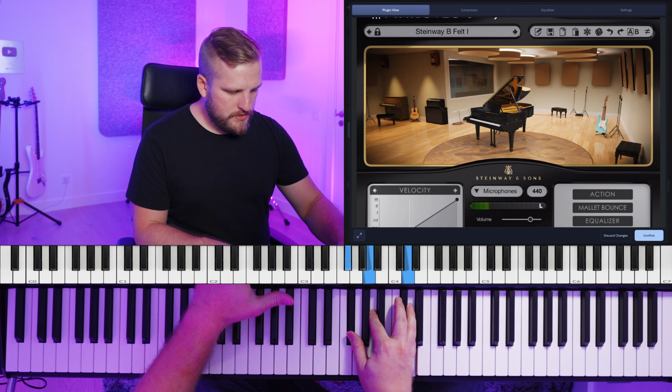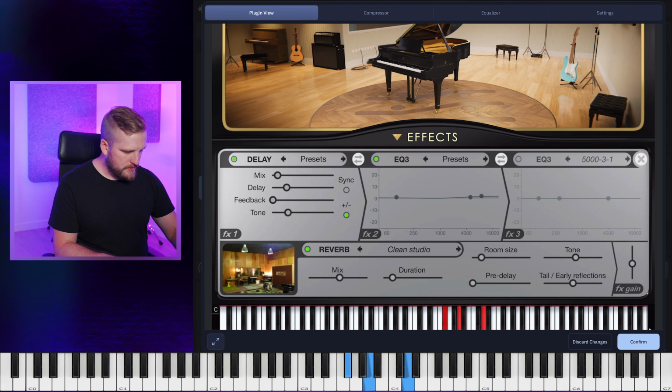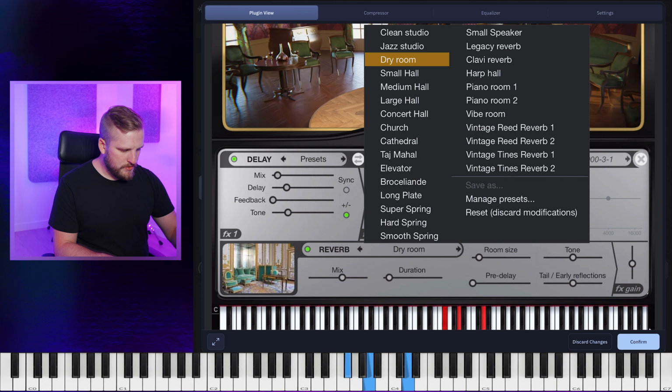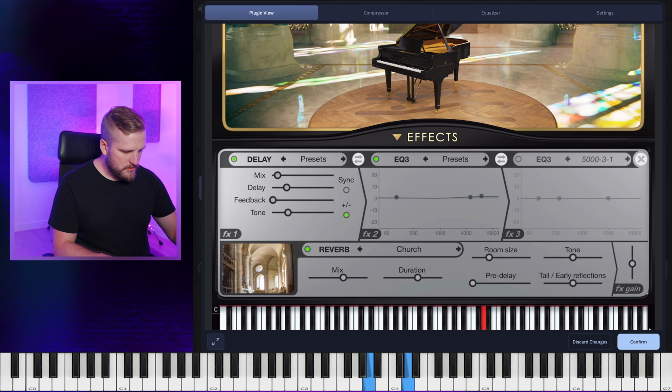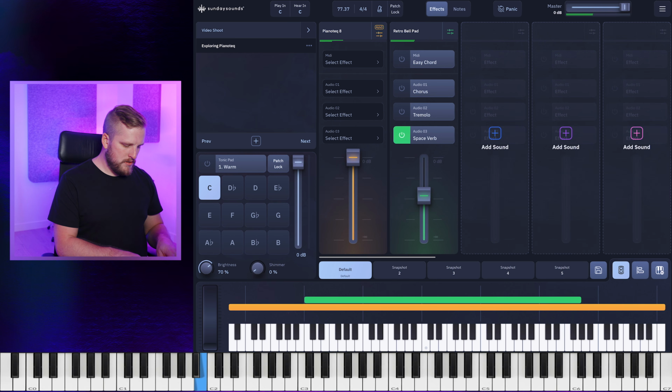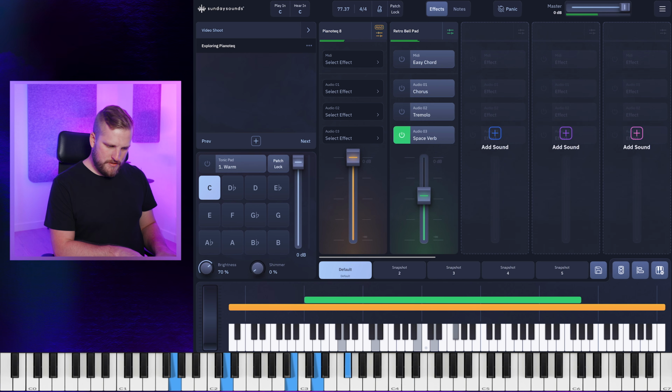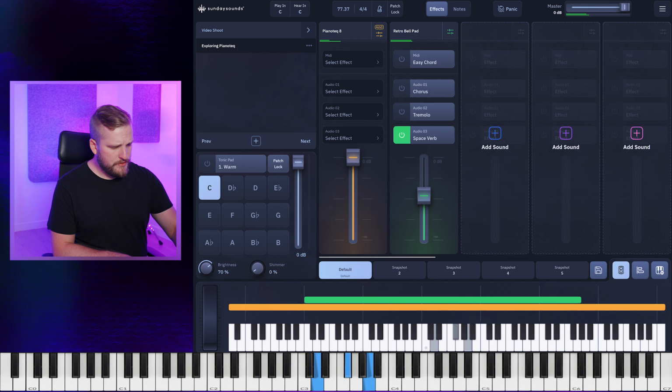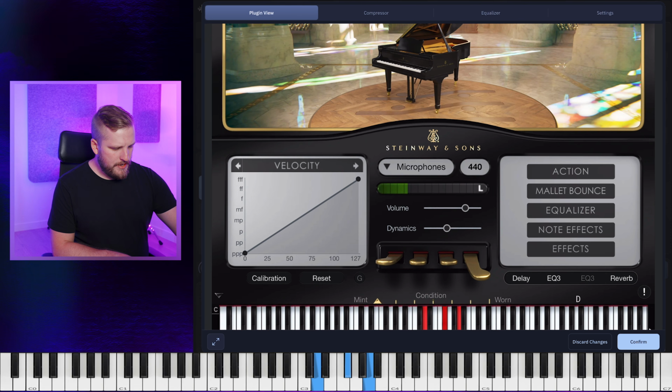Let's go down here and go to effects. I want to place this in a bigger space, like a room. Increase the mix. Yeah, that's cool. We could go here and bring our pad back in. That's really beautiful,